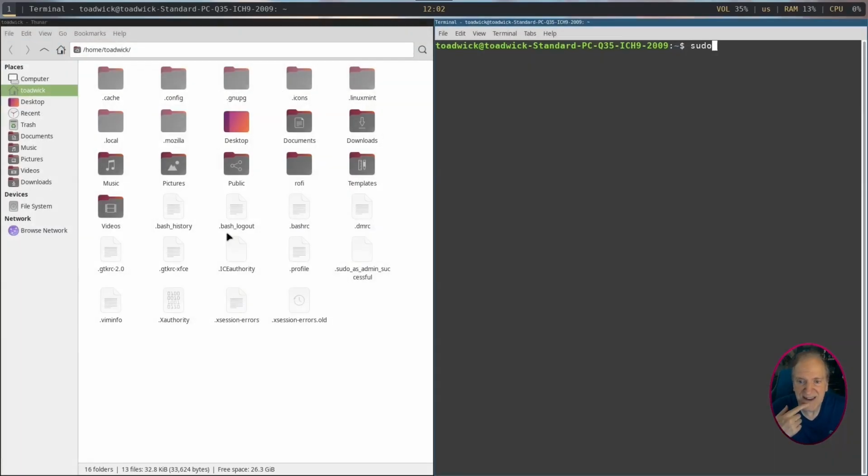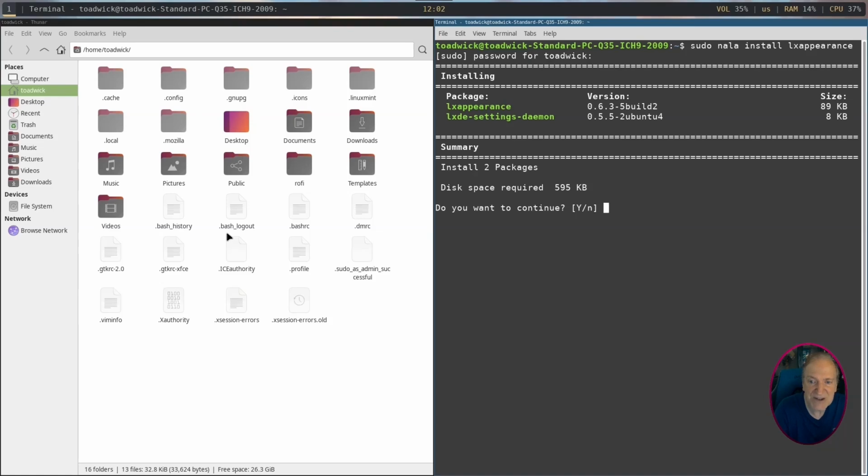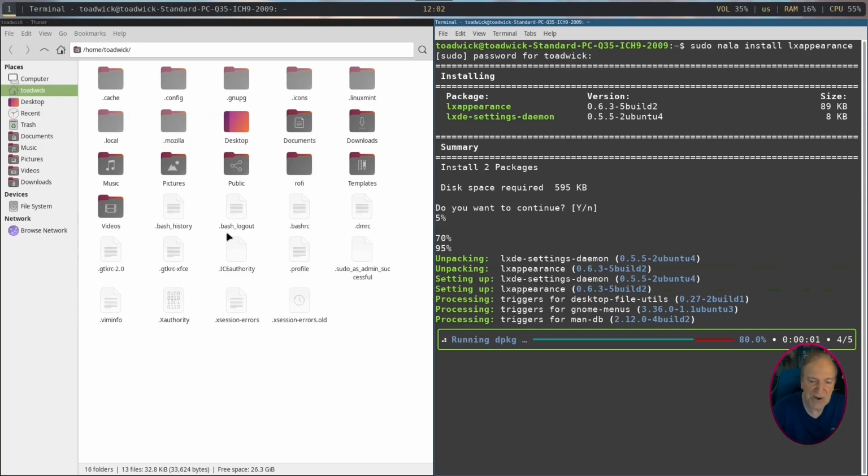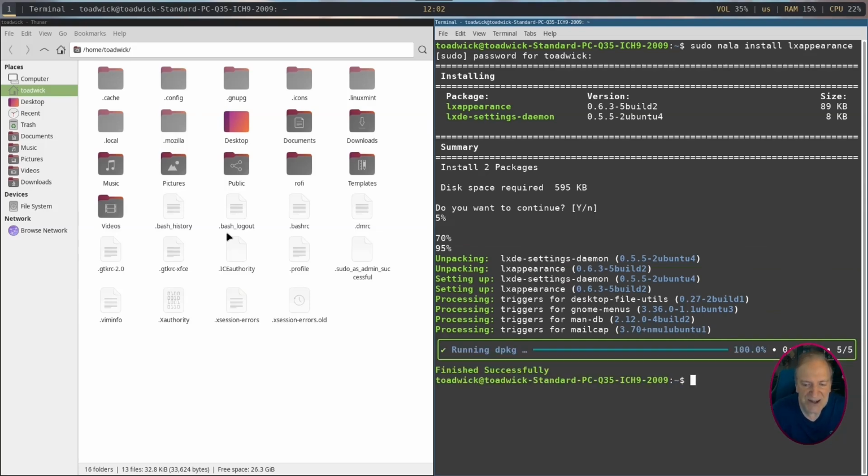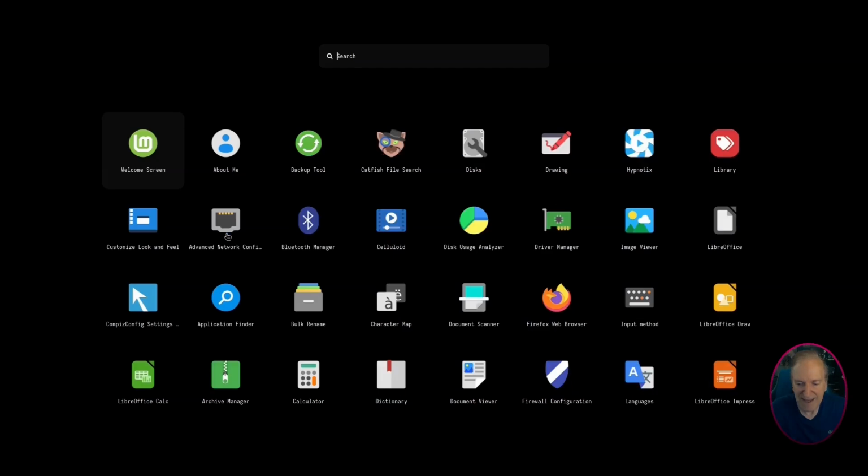So next, I'm going to do a sudo nala install lxappearance because I want to be able to change my appearance and go to a dark theme, maybe change the color of my folders. And this is a really easy way to do it, is to install lxappearance. So I'm going to let this install go, do its thing. And after that,